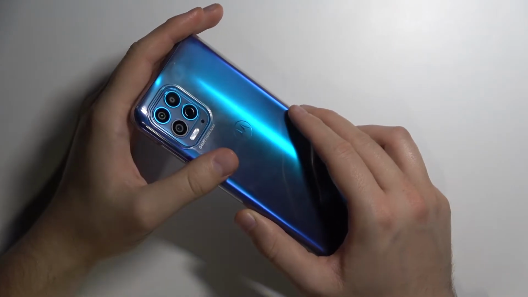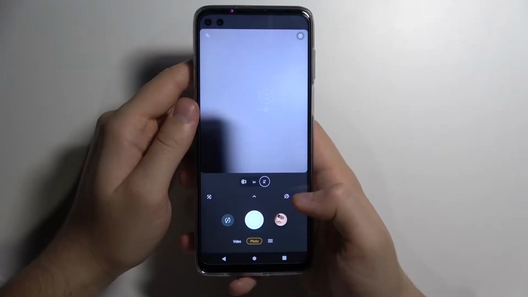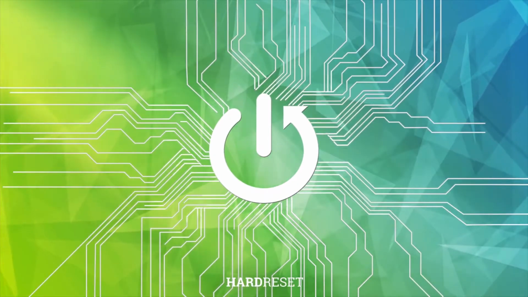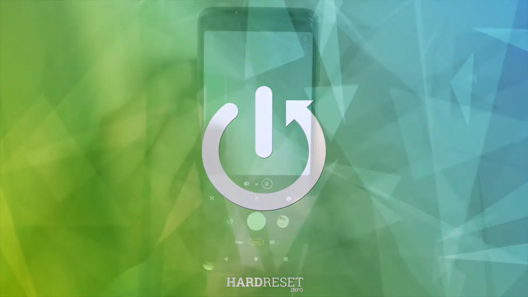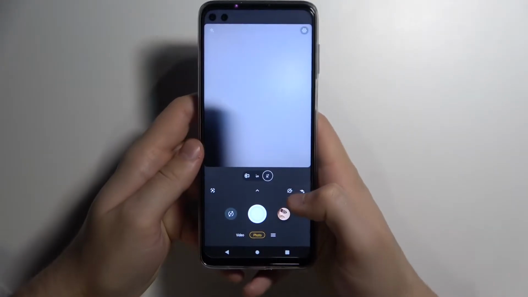Welcome, today I'm with the Motorola Moto G100 and I will show you the most useful features that you can find in the camera. So at first, when we start from the photo and the video mode, in these modes we can quickly adjust